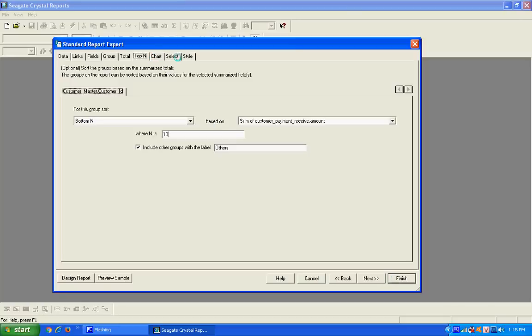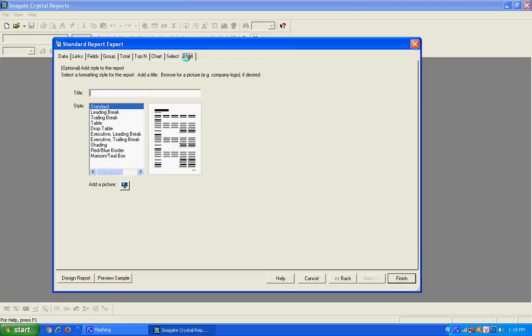Next is chart select and style. We don't need this. Okay. Next I'm going to press on style. Which style do we need? There are many styles available: standard, landing, trailing, table. I think table is the best for us. Table, drop table,